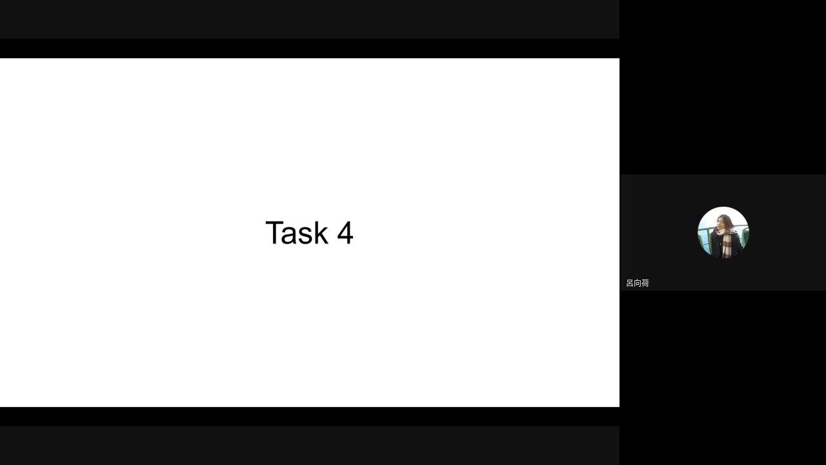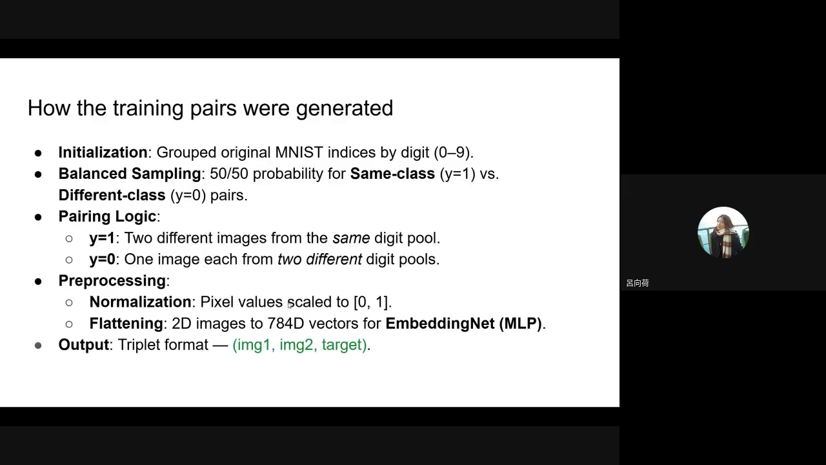Okay, so next part is task 4. Next page. We can take a look at how we generated the training pairs. And by the requirement of task 4, we implemented a custom class called MS pairs to handle the data generation